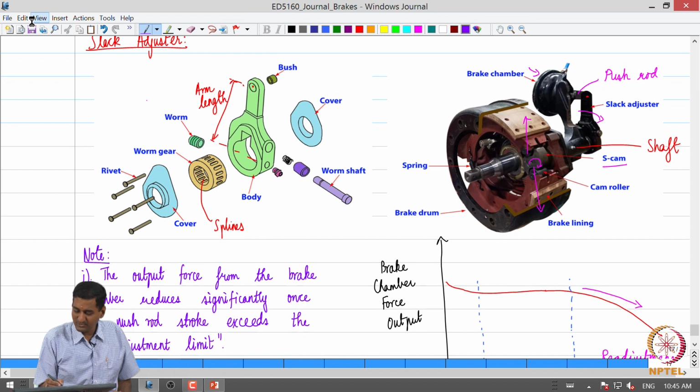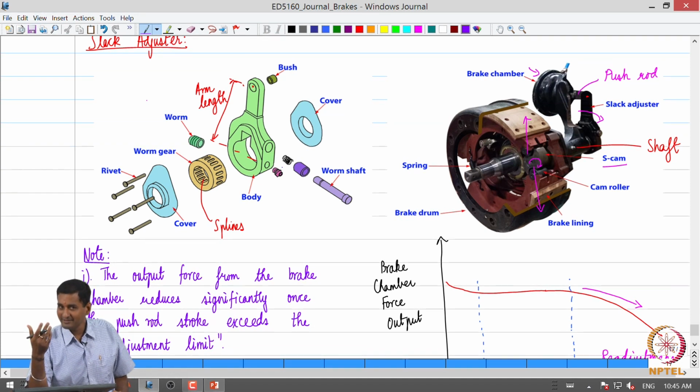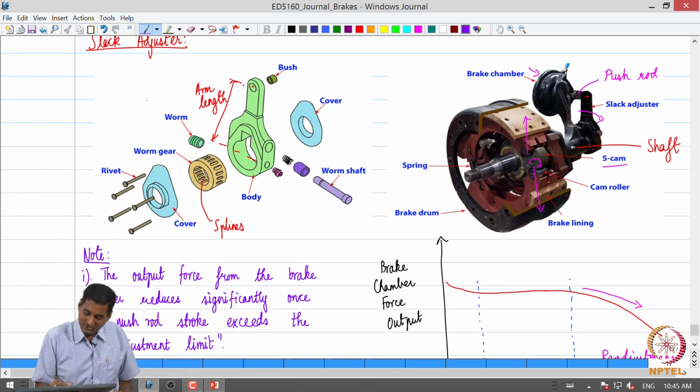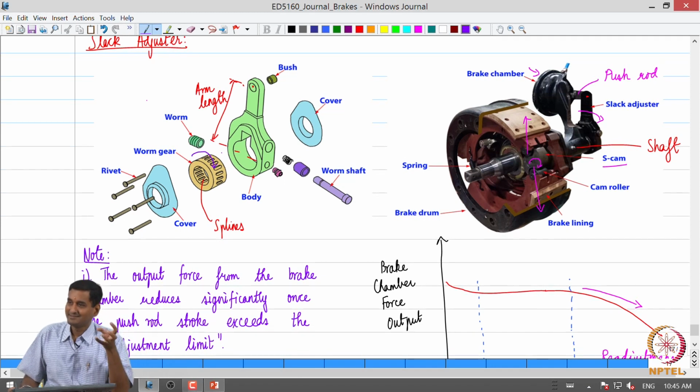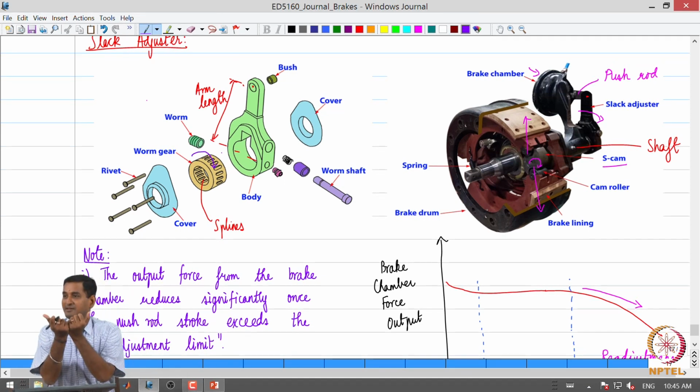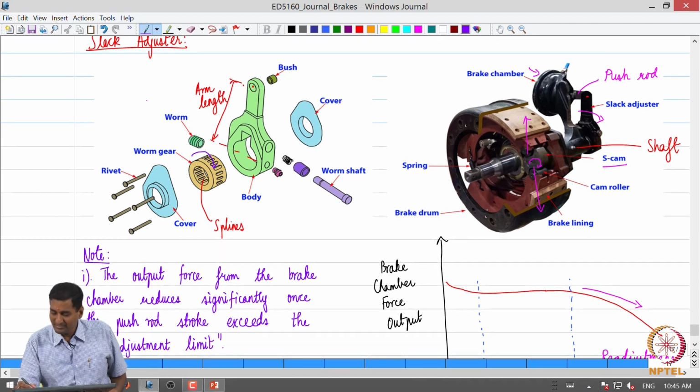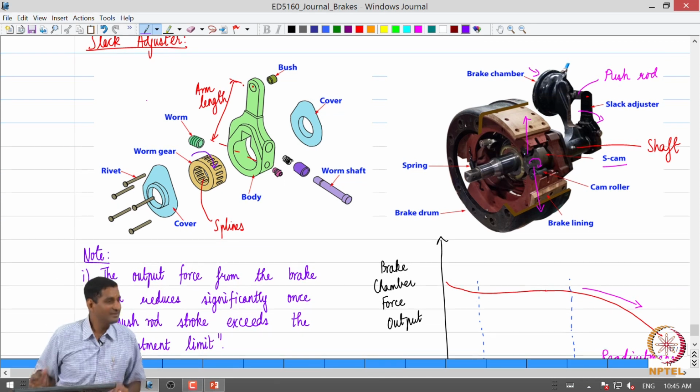So what happens is that there is what is called an adjustment nut, and someone has to go underneath the vehicle and check the stroke of the push rod. If it's very high, the mechanic rotates this adjustment nut so that the initial position of the worm gear itself is rotated, right. So that even with the brake being released, the initial position of the brake pads is closer to the drum. Of course, this has to be done carefully, right.